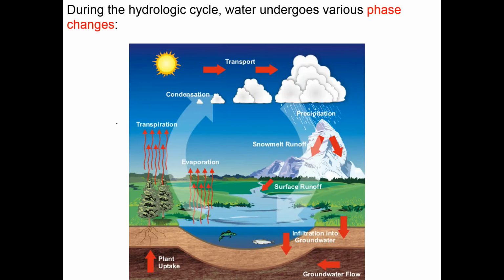But within a local system, we can also think about how water may absorb and use up energy in different ways. Okay, one thing we would like to talk about, of course, is the water cycle, which is a very important process through the hydrosphere. The water cycle, otherwise known as the hydrological cycle, the water changes phases.